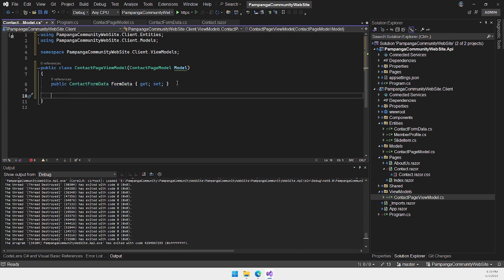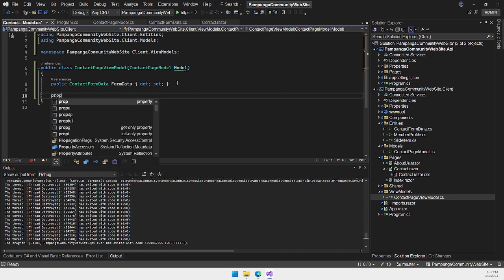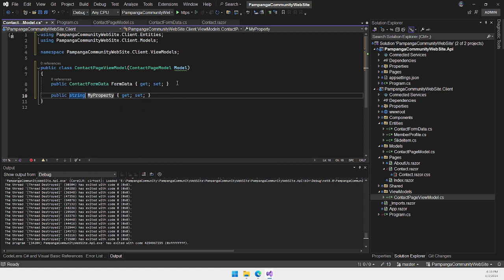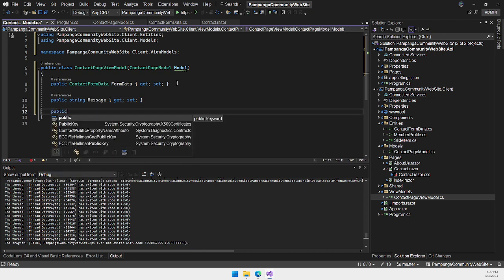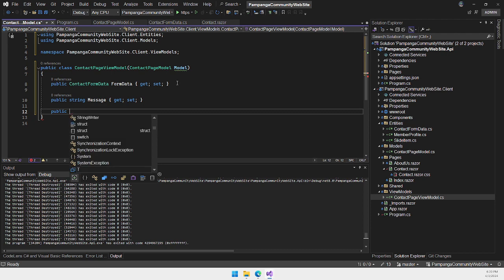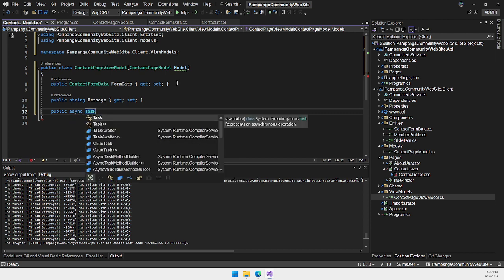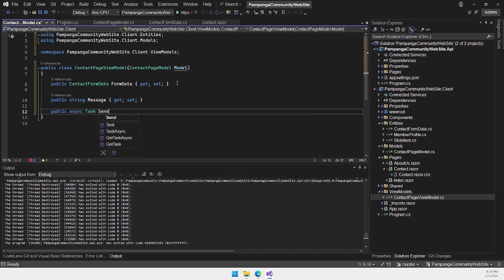And finally, I'm going to put also a property, a string, and this should be a message, so I can show a message to the user after sending the form or something. And then the public async Task SendForm,